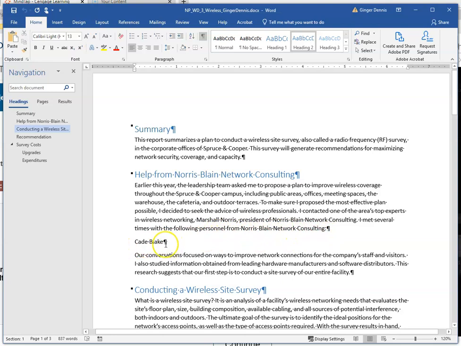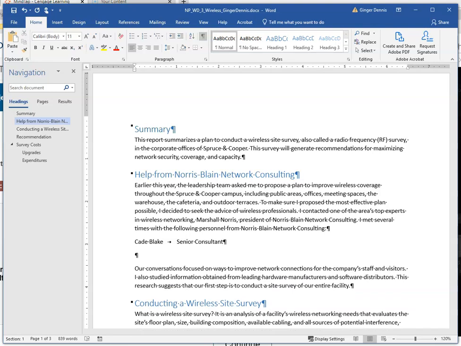And it has one name started, but we have a couple more names to add, and we want to add their titles. We're going to do this using tab stops, but before we do the tab stops, we'll add the additional data. So we'll click at the end of Cade Blake and press your tab key on your keyboard, and it does add an arrow when you've got the non-printing characters visible. So I pressed tab, and now I'm going to add his title, which is Senior Consultant,